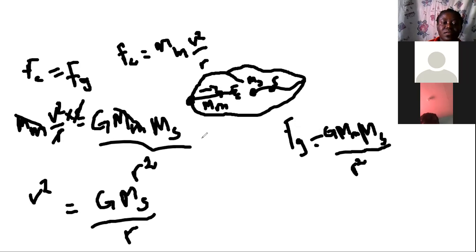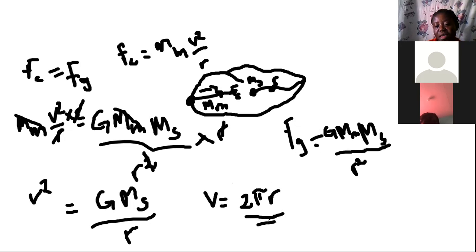Then we multiply with r, so one r cancels with one of these r's. Remember here we have r times r. Then we are just left with r. So v squared equals G times M over r. And we said, because it's moving in circular motion, it moves with a constant speed at every point, which is equal to 2 pi times the radius divided by the period. We have said that from the previous lesson when we were talking about kinematics.